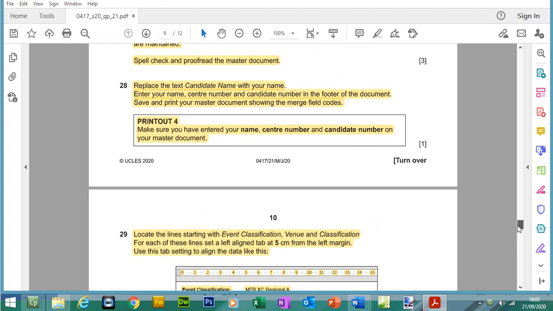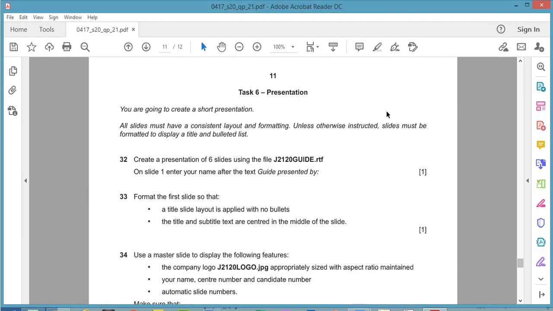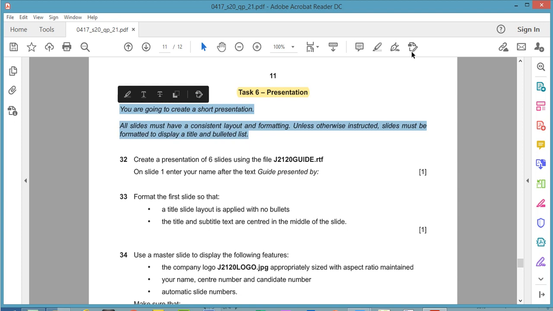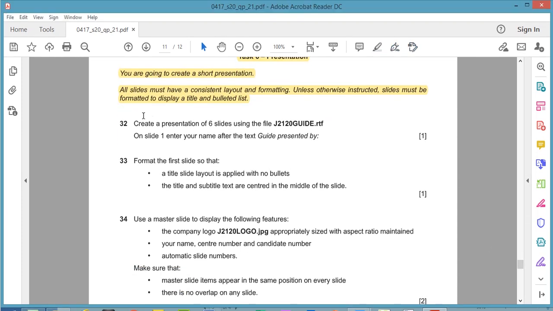So let's scroll down after the mail merge, and we're now on page 11, task 6, presentation. You are going to create a short presentation. All slides must have a consistent layout and formatting unless otherwise instructed. Slides must be formatted to display a title and a bulleted list. Okay, so question 31 or 32. Create a presentation of 6 slides using the file